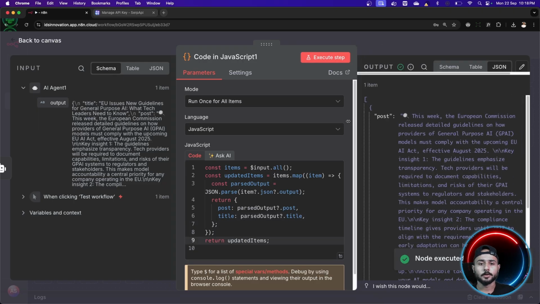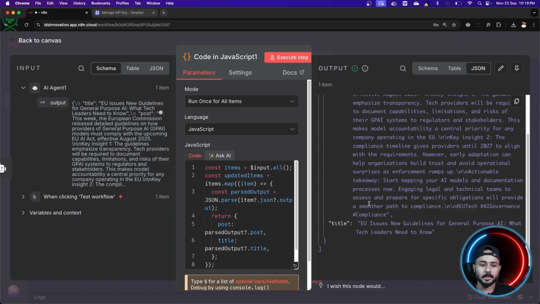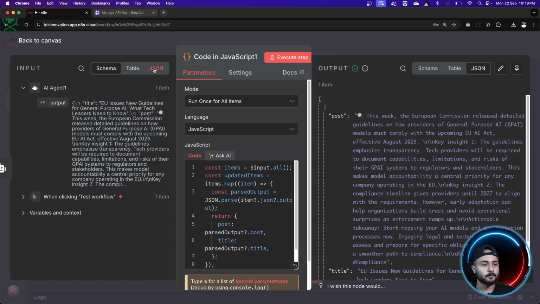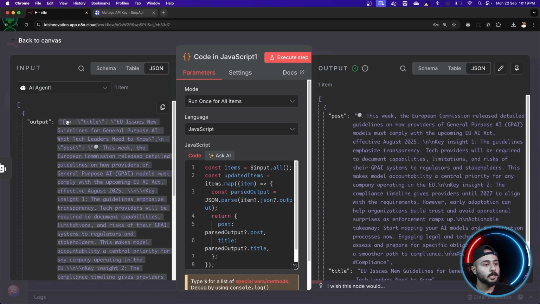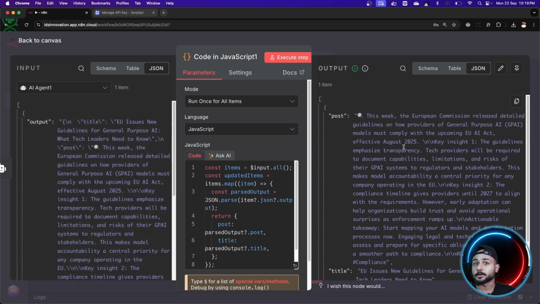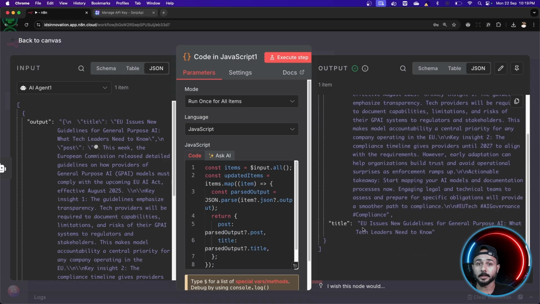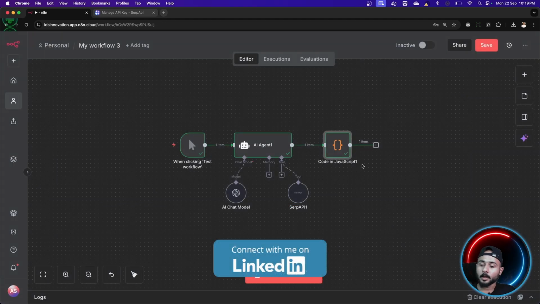Okay, perfect. So if you can see here, we still have the same thing, but previously if I go for JSON format, you can see that I have this output. In that output, I have this complete thing as a single string, right? But here that's not the case. We have parsed that into JSON format so that we can use this post, whatever the value is, and the title, whatever the value is, wherever we want to, right? So this is done. And I guess this is amazing.